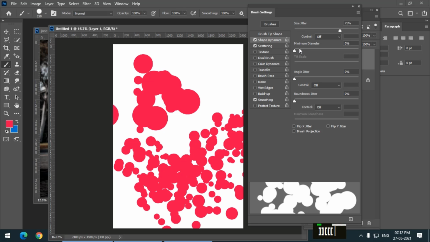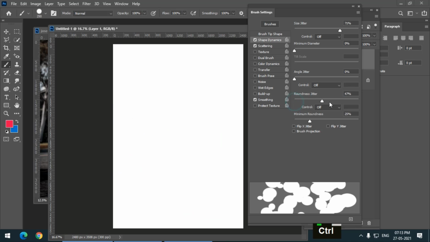This is the size jitter, and if you want to keep the minimum diameter to a certain value, we can use this option. For angle jitter, the brush must be something other than a circle, because if you rotate a circle we won't see any difference. So first let me change the roundness jitter. As you can see, the roundness has changed and the brush is becoming oval shaped. Now we can see the difference if we change the angle option.